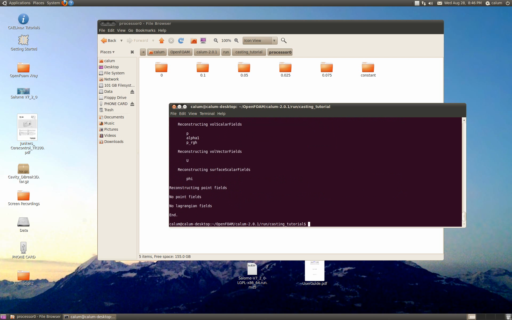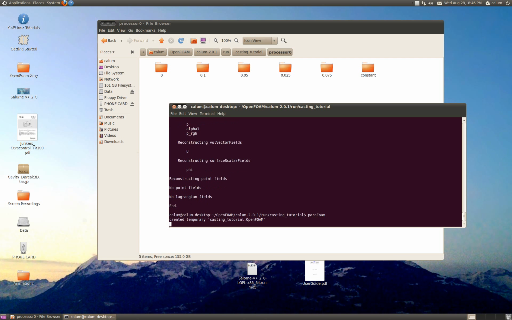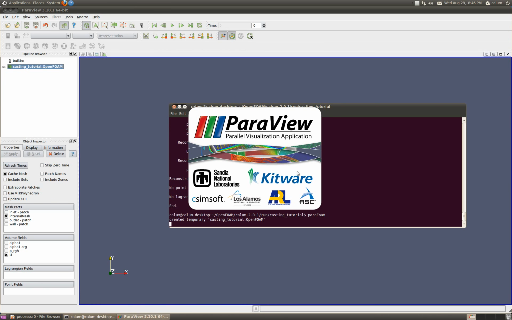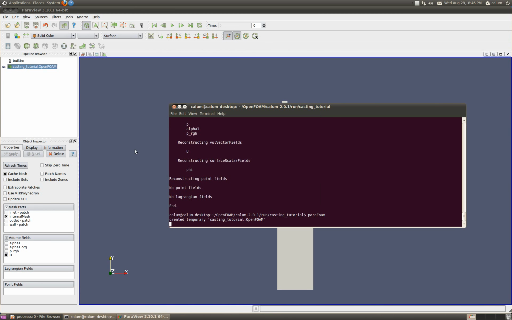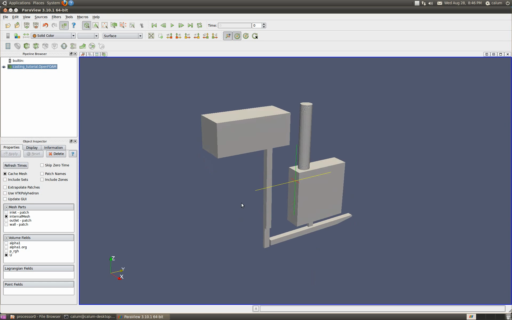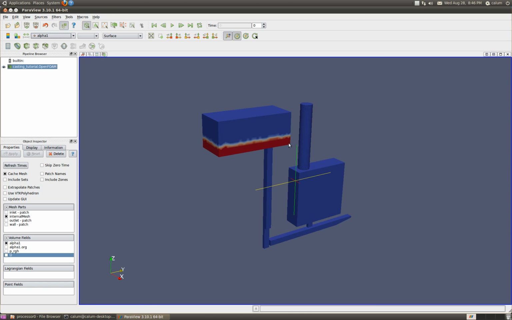So it's going to do this step for each time step, and that seems to have worked. So now we can go to ParaFOAM and check out if it worked. Okay. So what I'm interested in is Alpha1, that's our fluid volume, and I'm going to go to Alpha1 here. Okay, so you can see that's looking like we want, and I'm going to go to threshold,